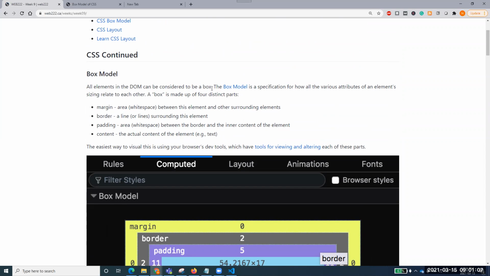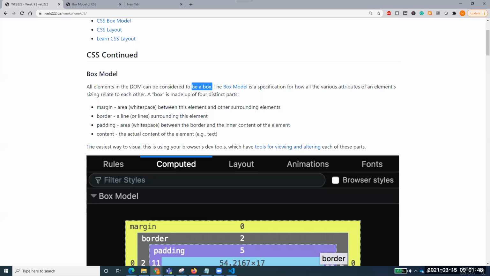Whatever you store in the DOM acts like a box. The box model is a specification for how the various attributes of an element's sizing relate to each other. The first thing you people may find difficult is organizing your contents so that they come one after the other, or there is no spacing, or there is too much spacing. We'll be looking at that. Everything in the DOM is considered to be a box.